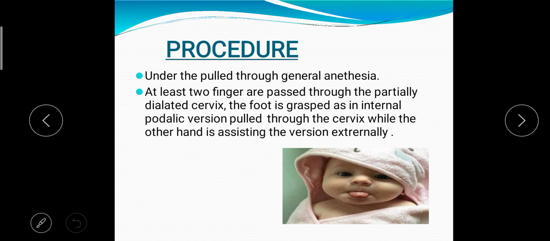So what they are going to do here is just keep a tap on the baby, and from the outside suddenly they have to rotate the baby, because they are holding the position from the outside of the abdomen. So that's why it is called Braxton Hicks. Okay, so with this we have seen all the types of version: external, internal and bipolar.